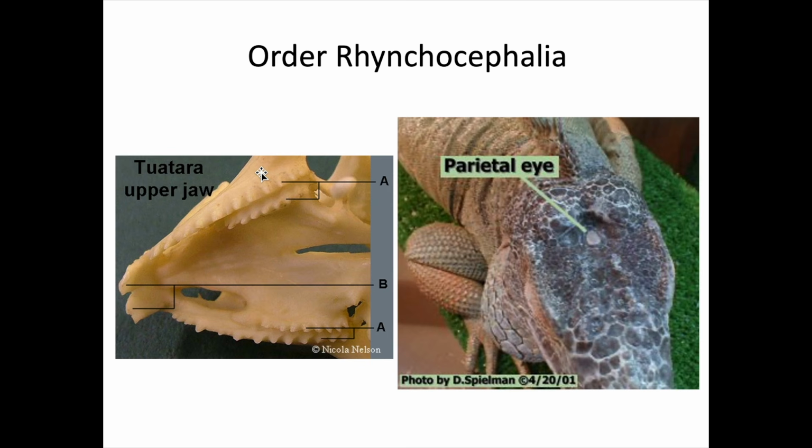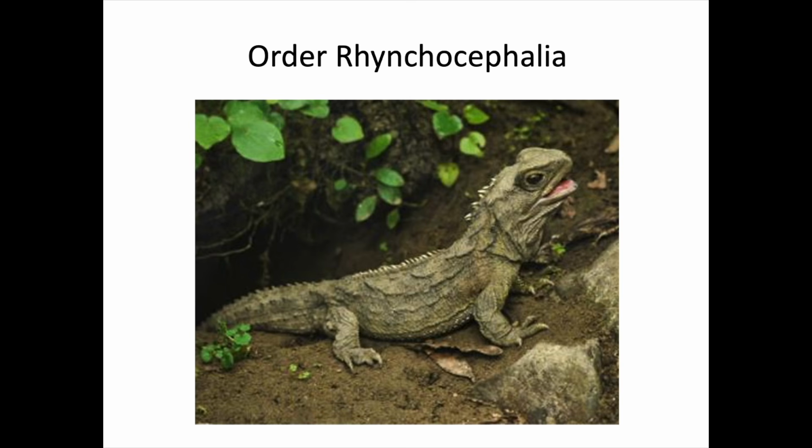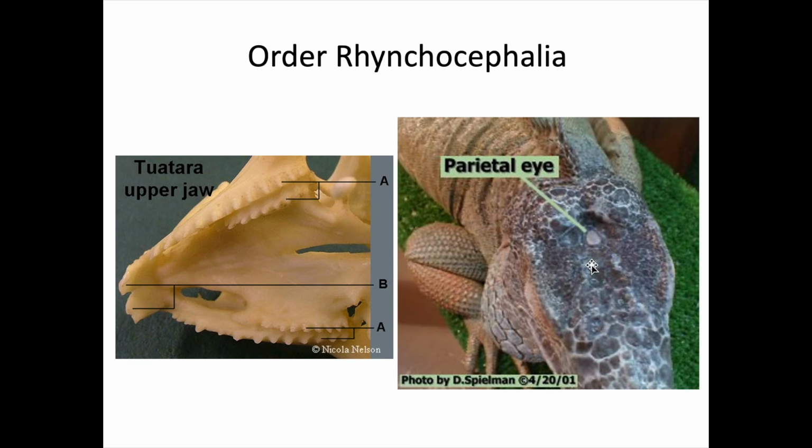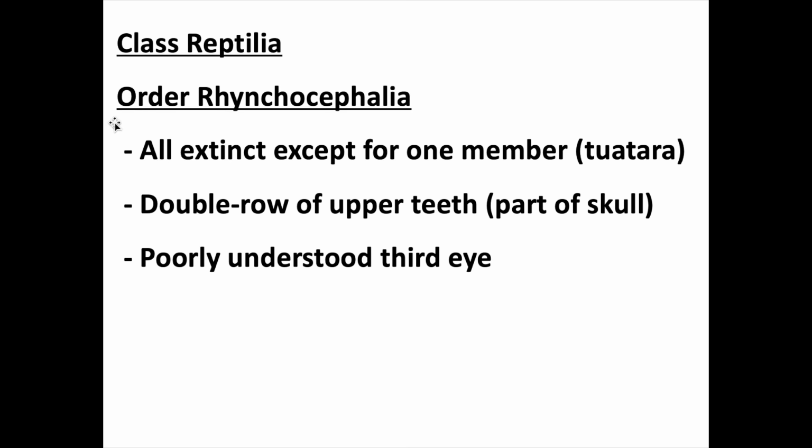But I'm sort of ignoring the more compelling thing over here. They have a third eye on the top of their heads. This is nowhere near as developed as their other two eyes. This is a simple light-detecting organ. It's thought to play a role in day-night sensing, but it's not very well understood. So yeah, a couple weirdo features that I think make this order worth pointing out. So order Rhynchocephalia, tuataras have a double row of upper teeth, which are part of the skull, and a poorly